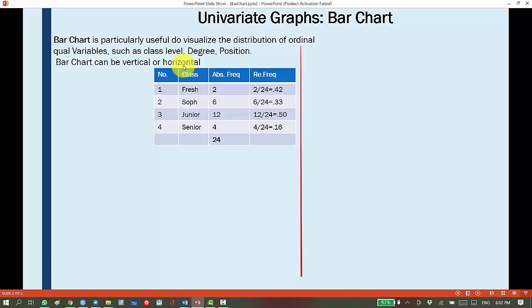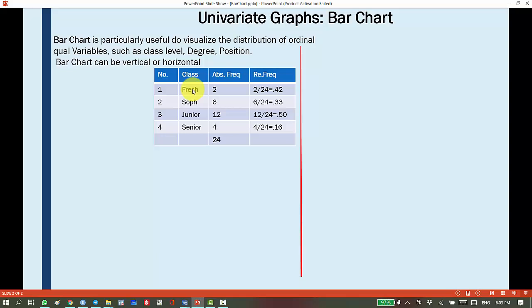For example, consider the frequency distribution table of the class level of all students in the class. In particular, we have 2 freshmen, 6 sophomore, 12 junior, and 4 senior students in the class. Remember that relative frequency here is presenting the percentage of each class level. And please note that since the class level is an ordinal qualitative variable, the order of the classes here is